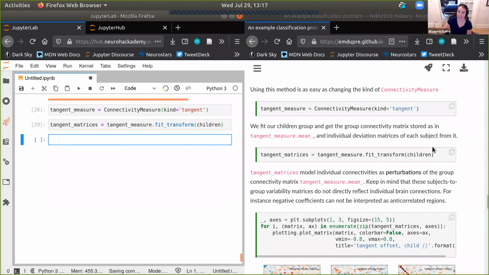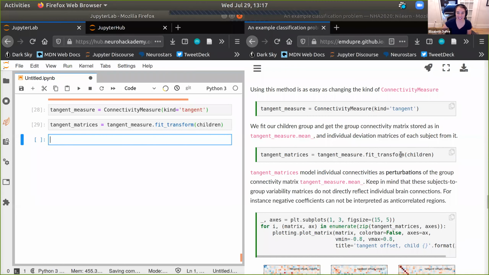Again, as I mentioned briefly in the beginning, if you're not familiar with tangent space embedding, the idea is that we want to see across the group how the functional connectivity matrices look, and then we're going to model each individual as a difference, or what I call here a perturbation, from this group connectivity matrix.